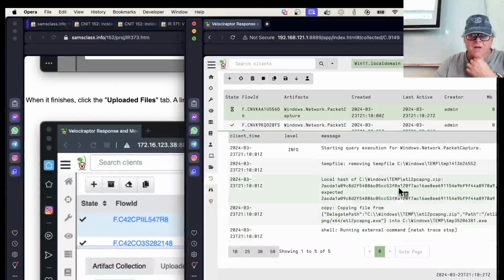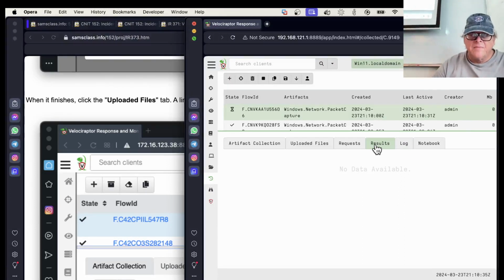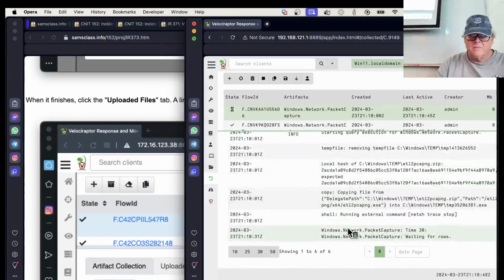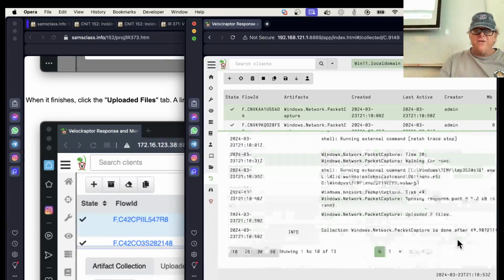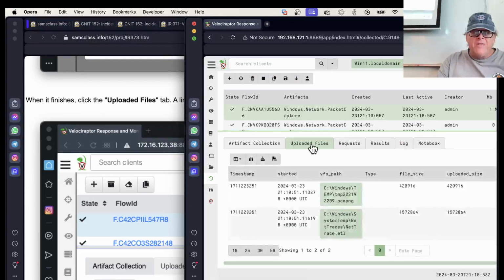Looking at the log, it's working. Don't see any errors. Windows waiting for rows. Okay, it's getting data. Okay, doing something. It's done. Okay, good. So now I go to uploaded files, and here I have an ETL file, and here I have a PCAP, which should open in Wireshark,